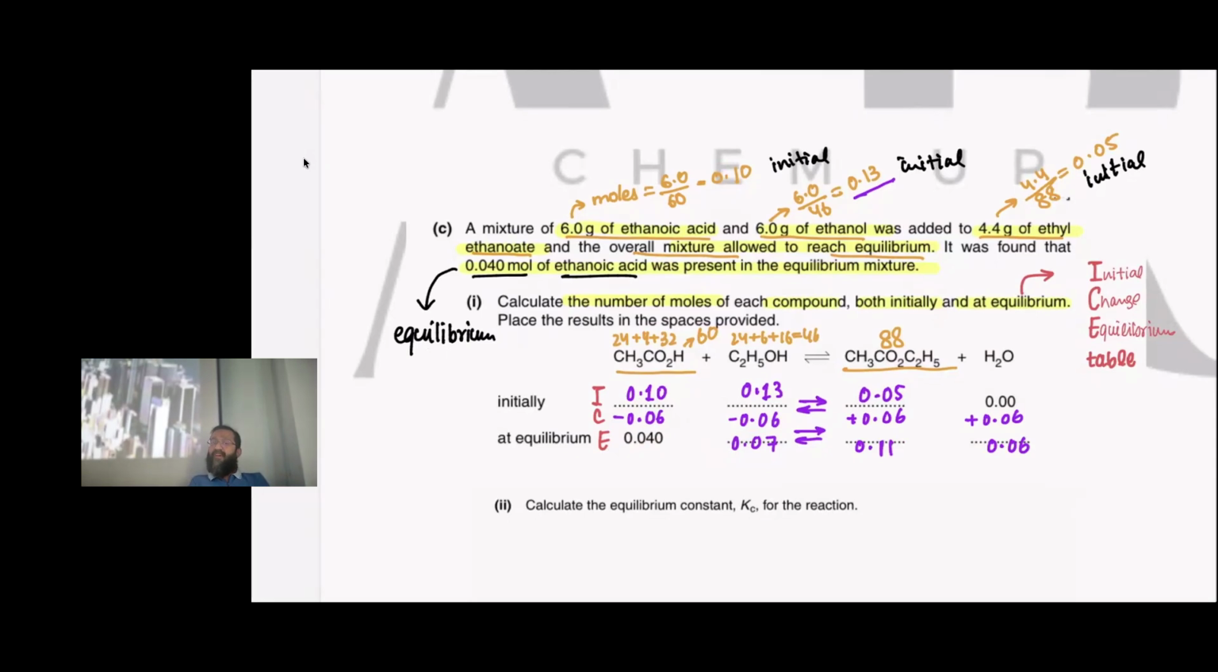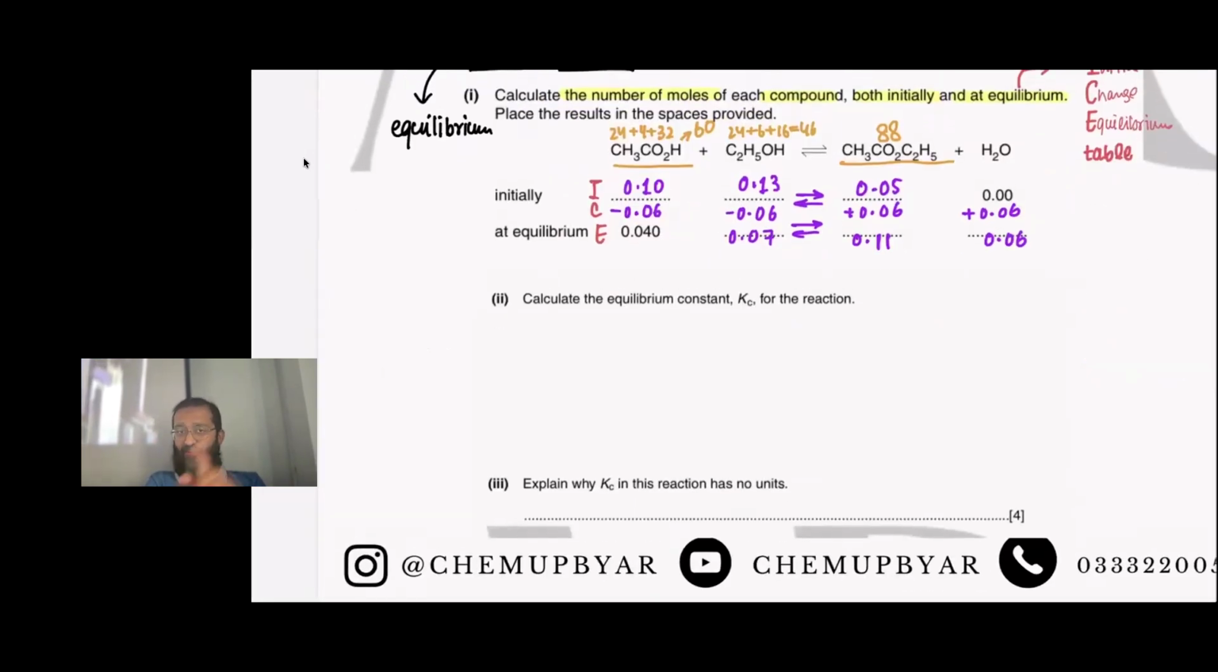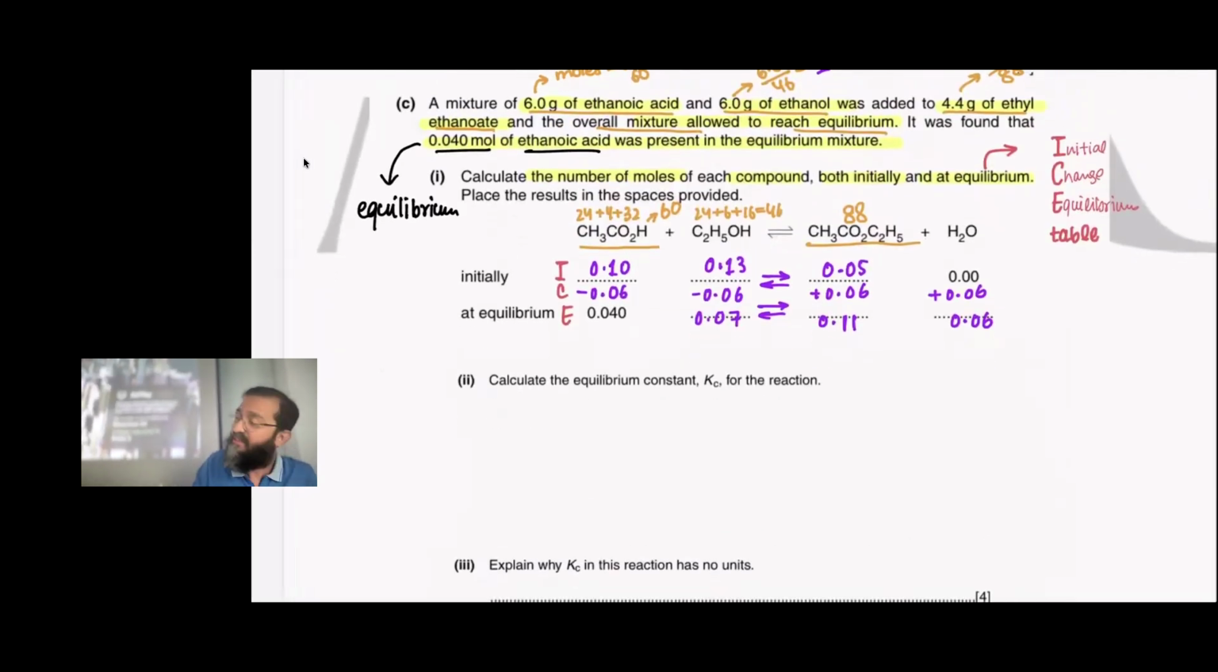Yes, so we got the amounts in moles at equilibrium. Is this clear? 4 marks for all this. Okay, now calculate the Kc equilibrium constant for this reaction. Now we know the moles at equilibrium. I'm going to put them in the Kc expression. So Kc is equal to,